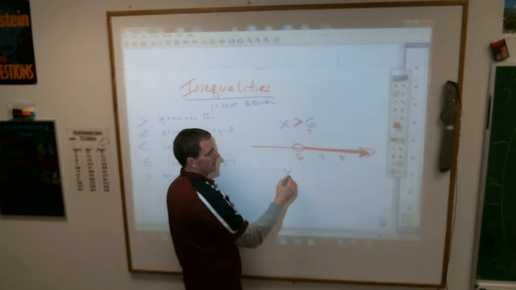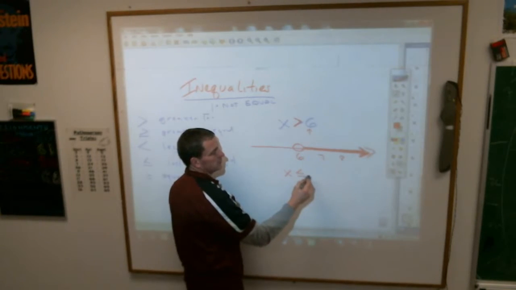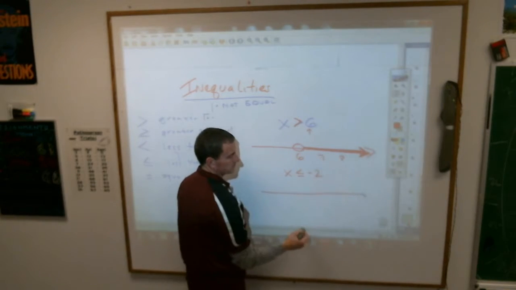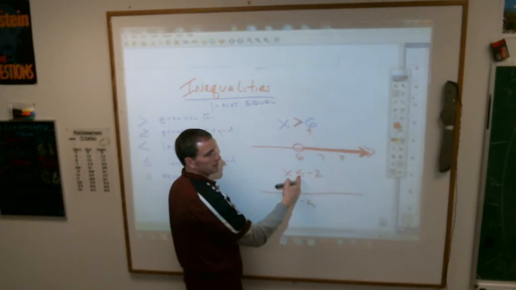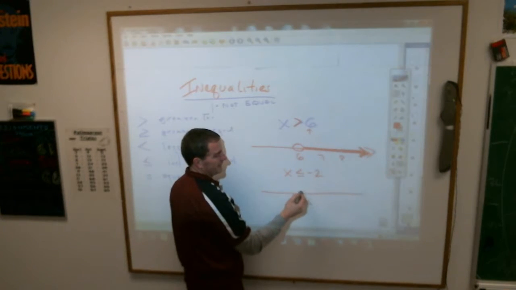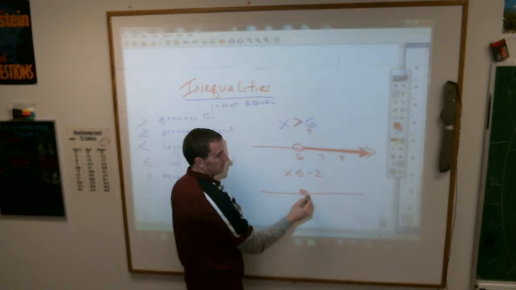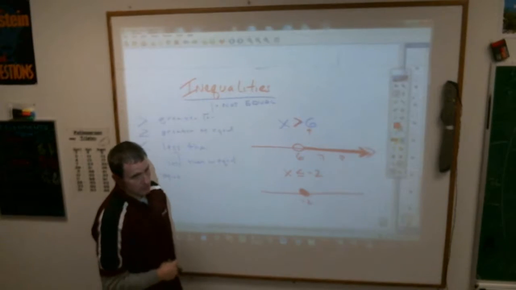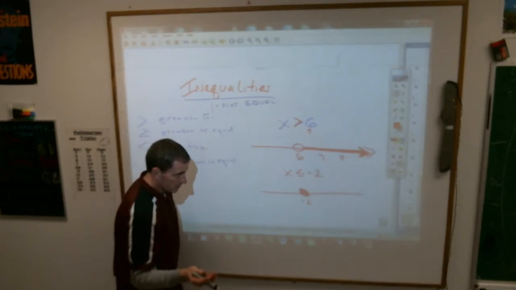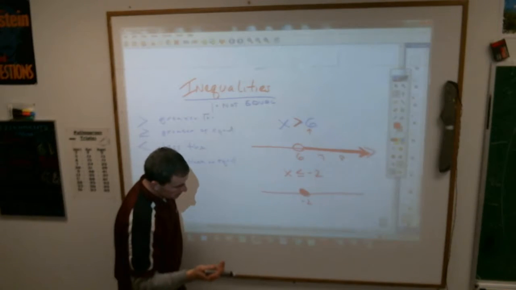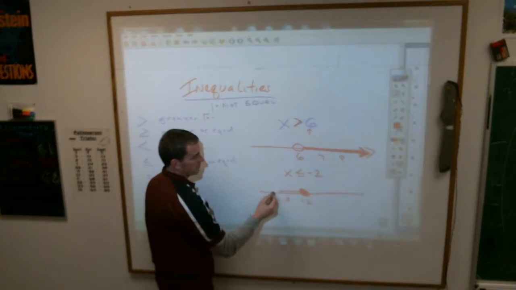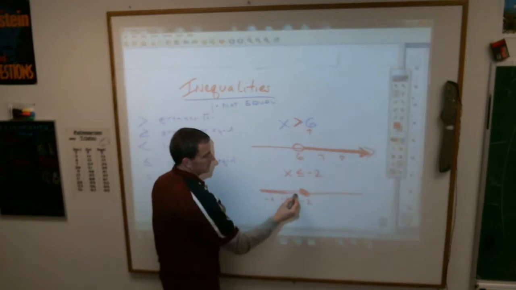Or if you had this, x is less than or equal to -2, if I'm graphing that, this time, because it's an equal sign there, you're going to put a solid dot there. Because -2 could be the answer to that. It equals -2 and it's less than. What side are the numbers less than -2 on? Left or right? Somebody? Left. All these over here are the numbers where they get smaller, so you would color in, darken in,